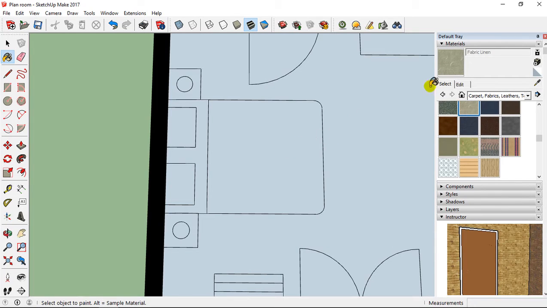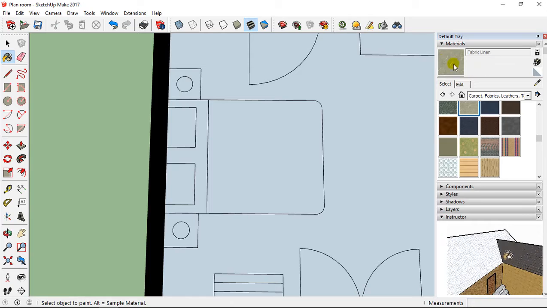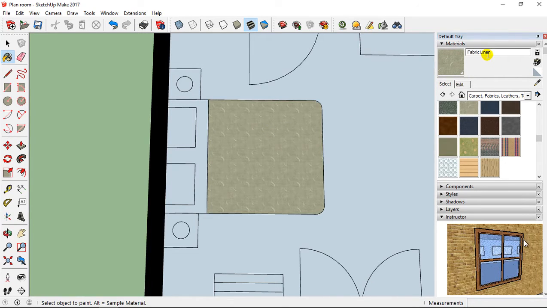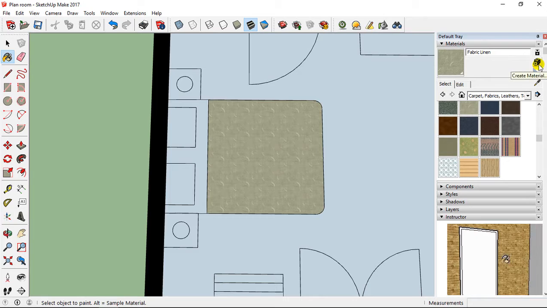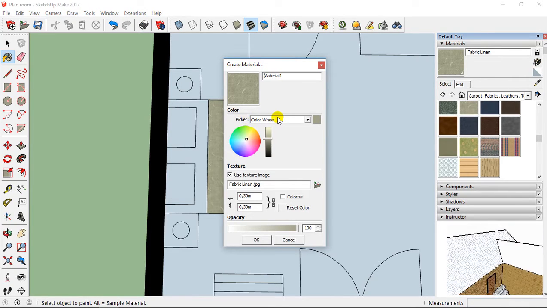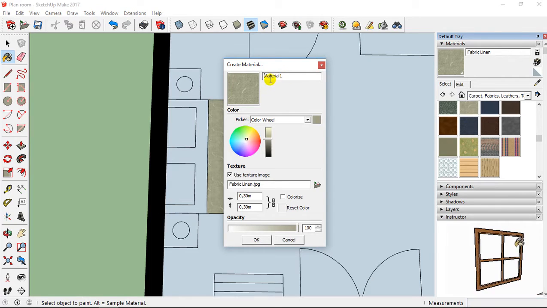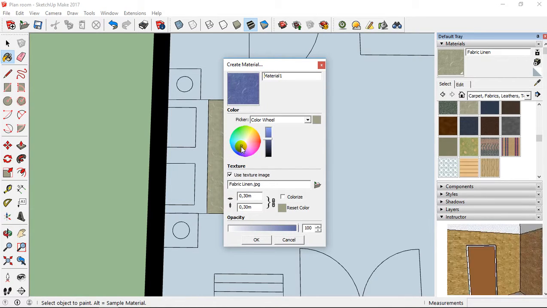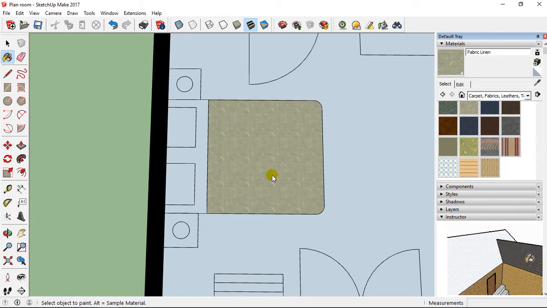Then you can edit your material, so it means that if I want to change the color, here it's in gray, but if I want to change the color, I can go on plus, create materials, and here I can change the color. You can change the name if you want, but it's not obliged, and you can directly just change the color. For example, I would like to have this more in blue like that, and I can select OK.